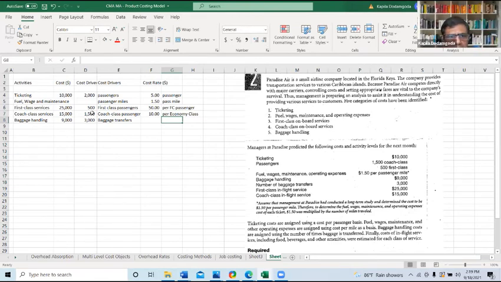And then finally, baggage handling. You don't need to calculate the economy class, right? No. For this particular one, no. Just as a complete illustration, I just want to show you.